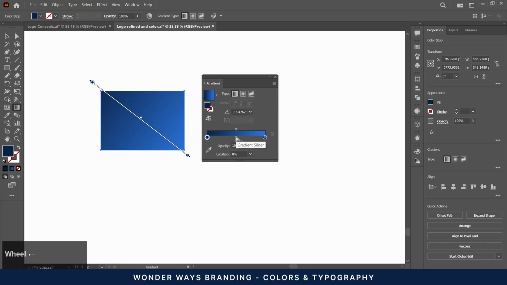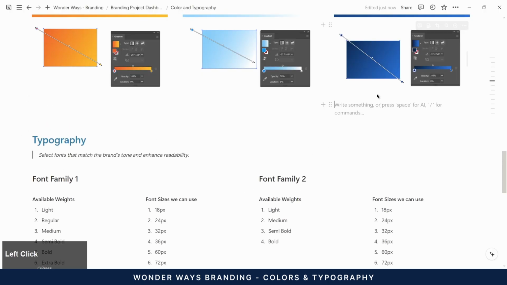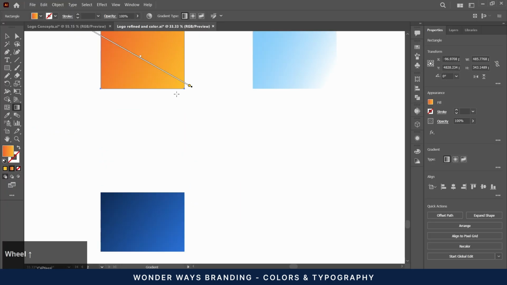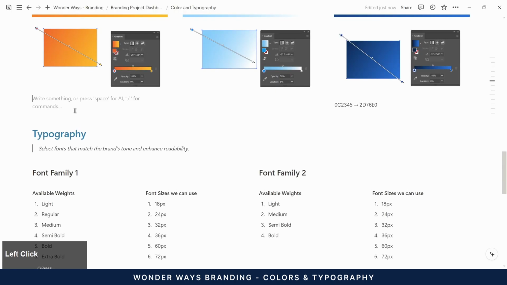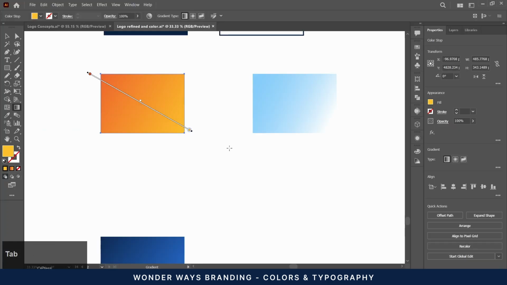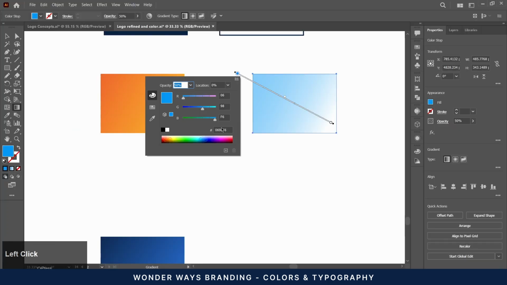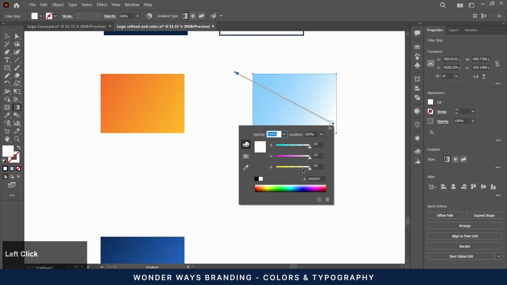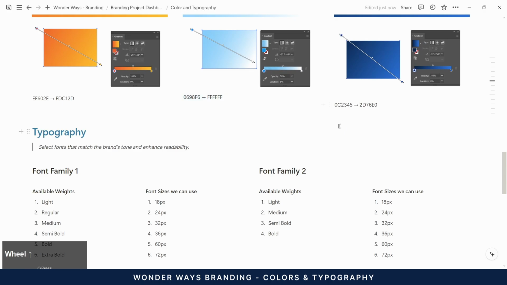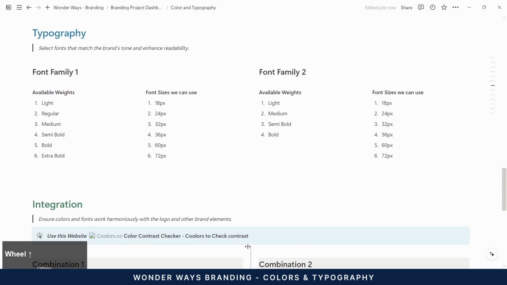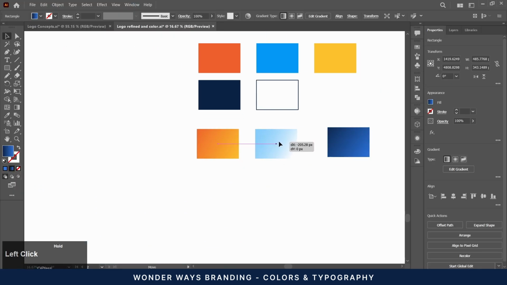Let's also note the starting and ending color codes for these gradients, making it easy to recreate them later. Okay, our brand colors are ready.